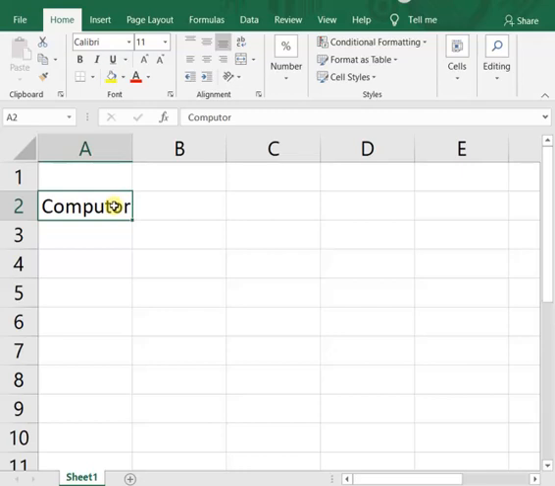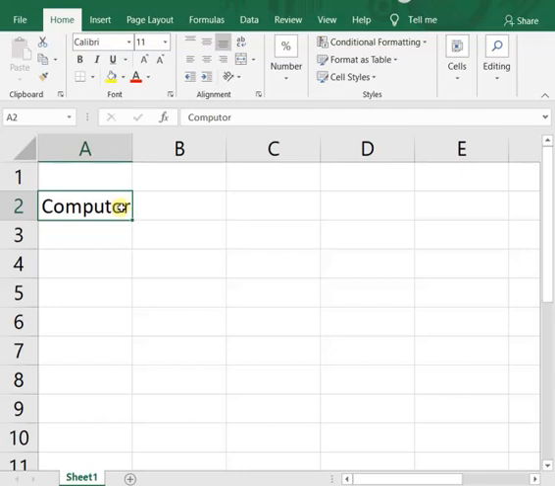One is completely writing the whole word computer from the beginning, or changing only the mistake, that is replacing O with the letter E. Only the mistake we can change, or we can write the full word again. But why would we write the full word again where there is an option to change only the mistake?